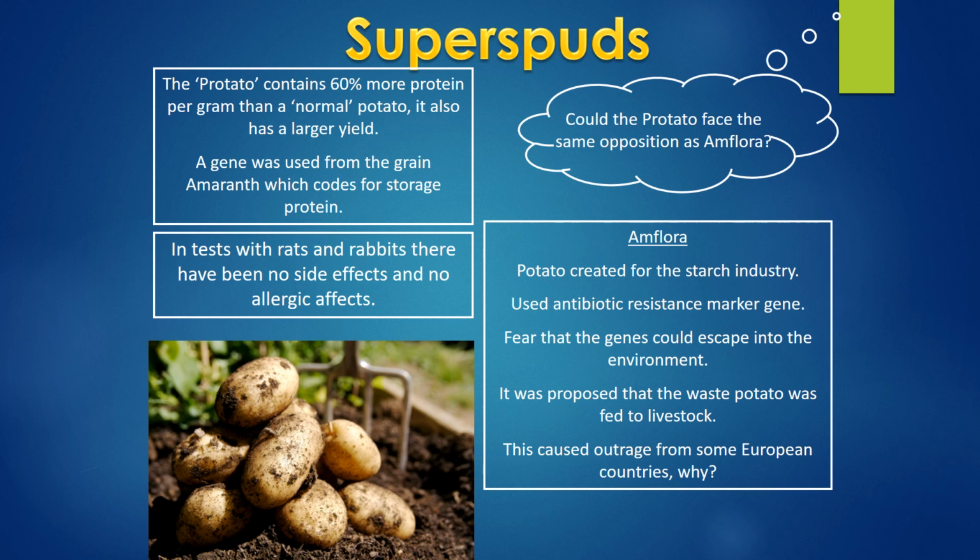So they've taken a gene for protein storage, popped it in the potato plant, and therefore you have potatoes that have more protein, which is good, and they also produce way more, so it means that you can feed more people. And they've tested it on rats and rabbits, and they seem to be fine. Some issues with it are that people don't want to eat genetically modified food because we don't know the long-term effects. So when we think about advantages and disadvantages,